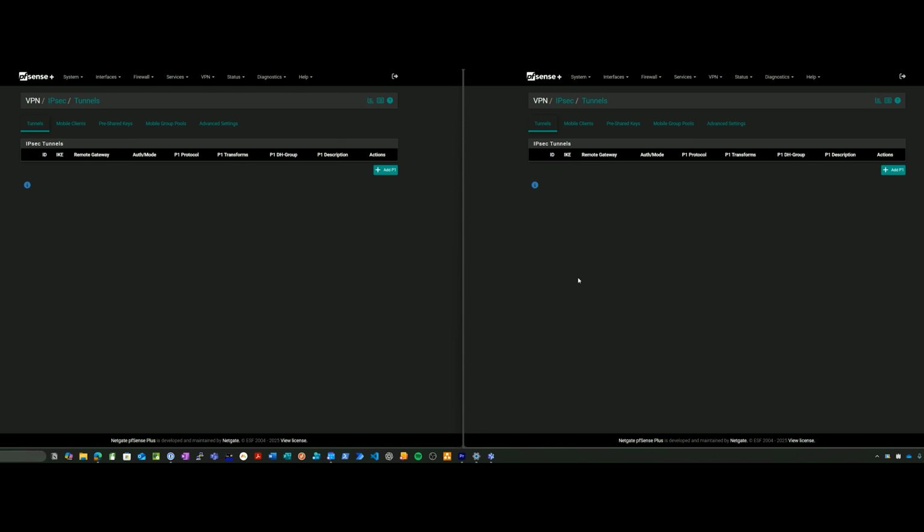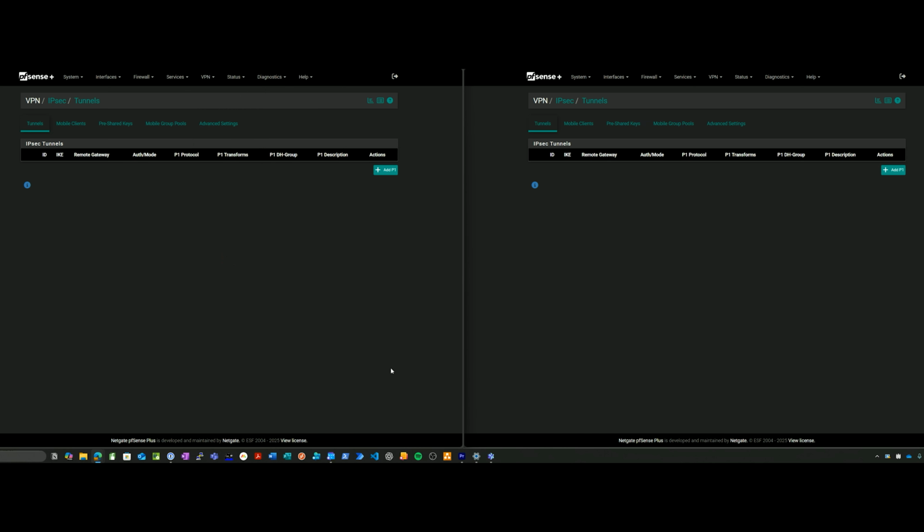In this video, we're going to go through the process of configuring a site-to-site VPN utilizing IPsec inside of pfSense. On the left side of my screen here, I have a pfSense firewall. On the right side of my screen, this is a completely separate device, which is another pfSense firewall, represents a device at another location. To reach the area that I'm at in the GUI, you want to click on VPN